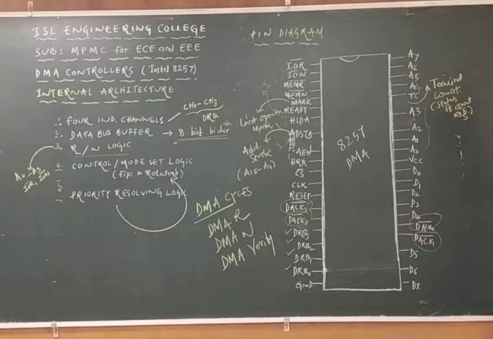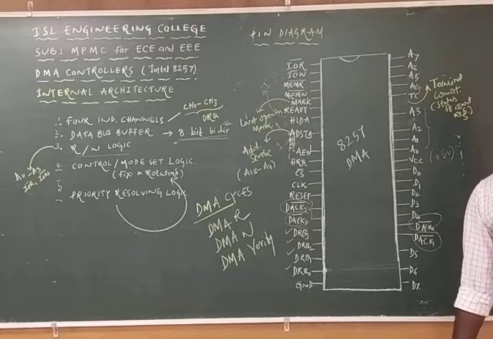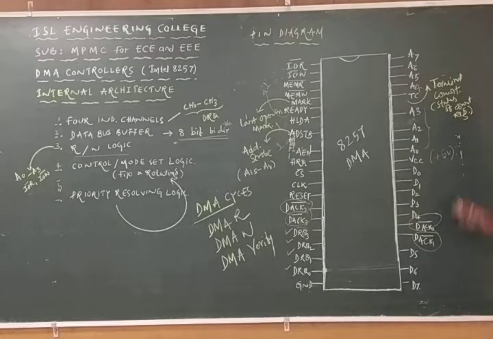TC is going to give the status of the count register. That means how many operations have been carried out by the 8257 in one particular given time, and that is described by the TC. TC is nothing but the terminal count. Coming to the VCC, it is the power supply. VCC is always plus 5 volts for the integrated circuit. So far, the many integrated circuits we have studied in the microprocessor and microcontroller are all biased with plus 5 volts of DC voltage only. It also has an 8-bit bidirectional data bus, that is D0, D1, D2, D3, D4, D5, D6 and D7.